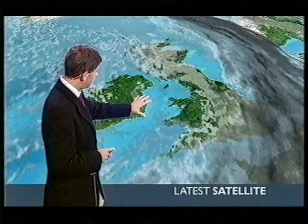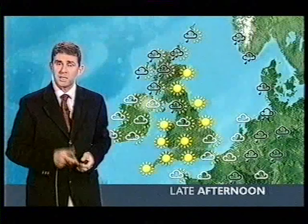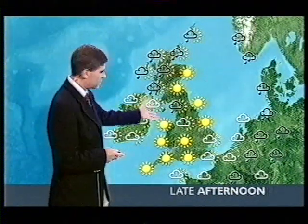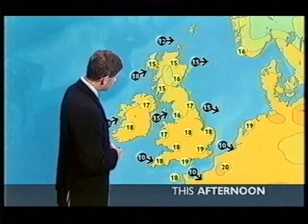You see that the skies are very nicely broken indeed. Behind it, a speckling of cloud there towards the north and west. That's where we're going to see the showers through the rest of this afternoon. But elsewhere, lovely conditions. It really is going to be a glorious afternoon in many spots, and it'll help to get the temperatures up to around about 18 or 19, and with not very much wind, you will feel every